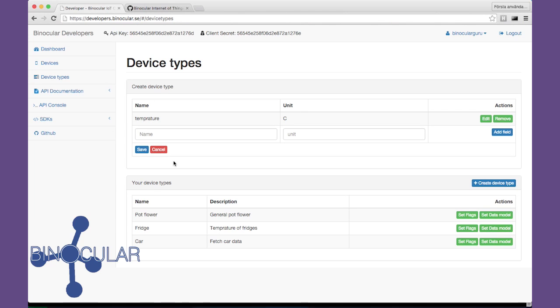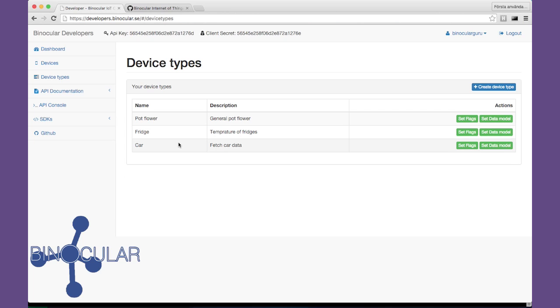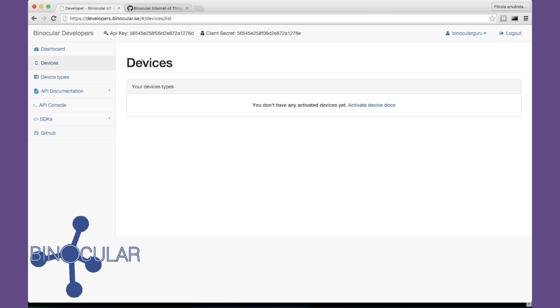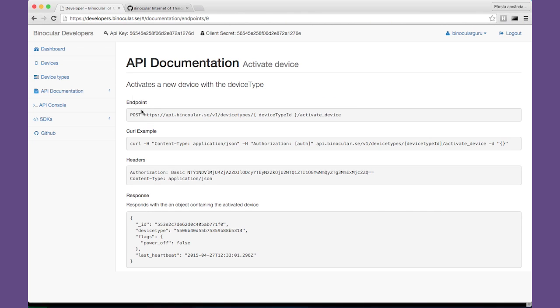So now that we have a device type, we could go ahead and activate some devices or connect devices to it, because as you can see, you're not able to actually activate devices from the UI. The device itself has to activate. So if you go to the activate documentation here, you can see that this is a REST endpoint that you post to. We have a curl example here which you can use, and what's important here is that we use